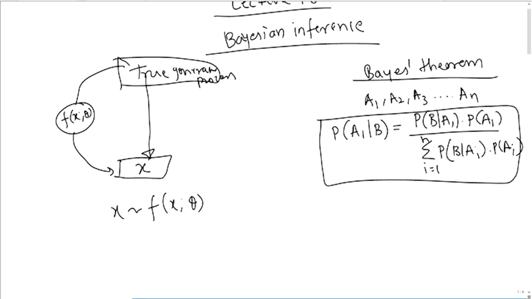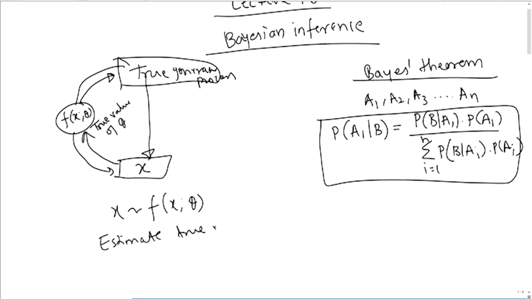Given the data, we want to infer the true value of theta. Once we know the true value of theta, we can extend it to know what this true generative process might look like. That is the first step in inference, that we want to estimate